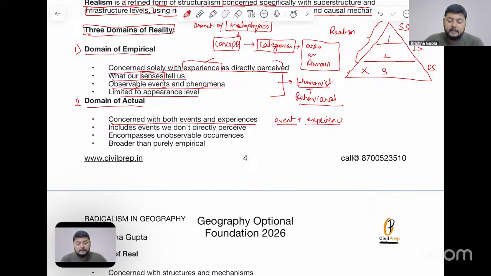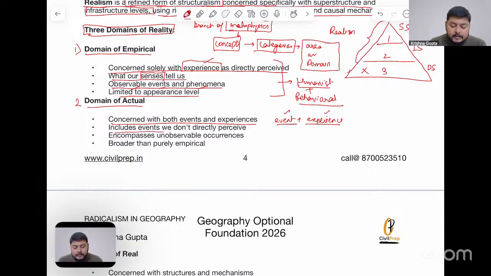So under this part, we will say that any event, like a birthday, a particular fest at your college, a cultural festival in your village, or just an event like if you got ill and got admitted to hospital, will give you a different kind of experience there also. So this is concerned with both the event, what the event was, and what we experienced in that particular event.